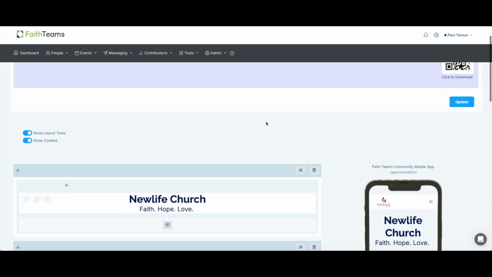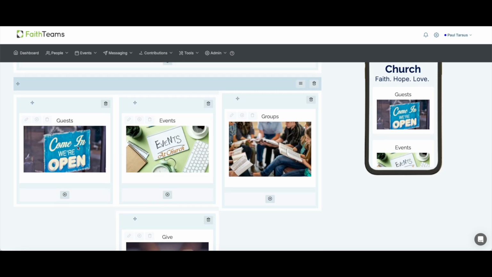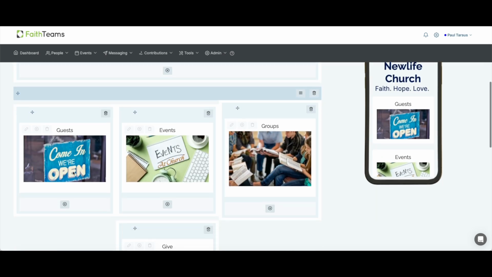First, we'll go down to what your Community page looks like. And in Plus, you can make a lot of changes to that site. For example, you have your title and your subtitle. You have your guests, events, groups, and give, and you can turn those on and off. But in Plus, you do it differently. Instead of having toggles up here where you can turn them on or off, you can change them right here